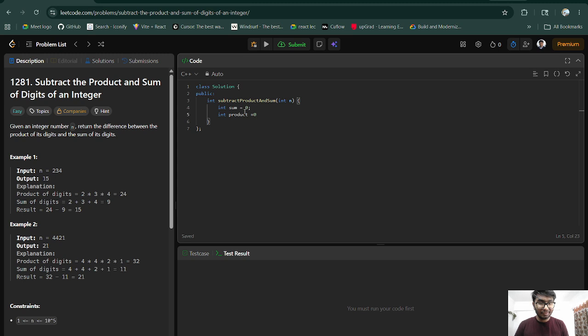Will it equal 0? No, it will not. It will be equal to 1. As I have told you, if we keep the product equal to 0, then our main answer will be equal to 0, and that is something we do not want. And now we are going to write a while loop, and in the while loop we are going to keep the